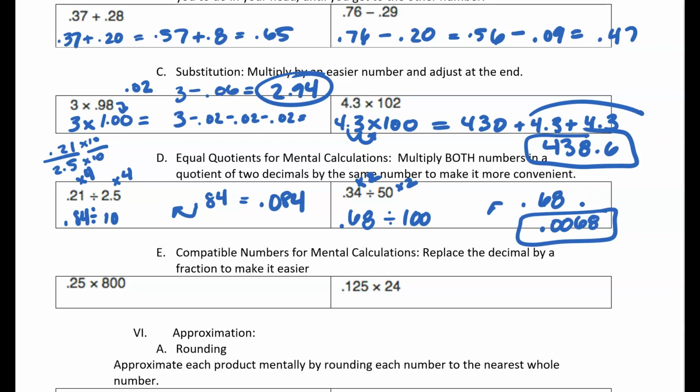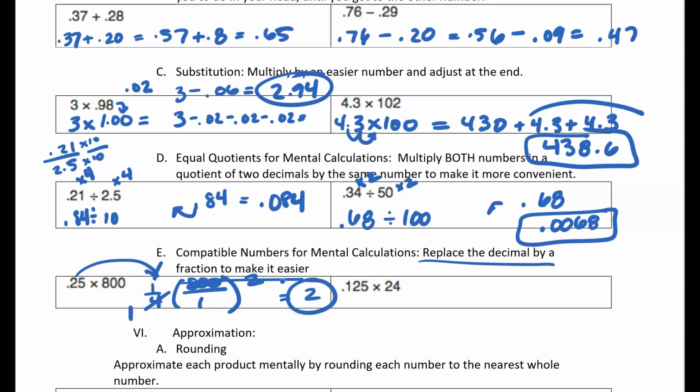Okay, compatible numbers. Remember, those are number pairs that make nice even answers. This is helpful here when you replace the decimal by a fraction. Sometimes it can make it easier. So instead of 0.25, if we write it as 1/4 times 800 over 1, then we can see that we can cross cancel. So 4 goes into 4 once, it goes into 800 twice. 1 times 2 is 2, so the answer is 2. And that's a lot simpler